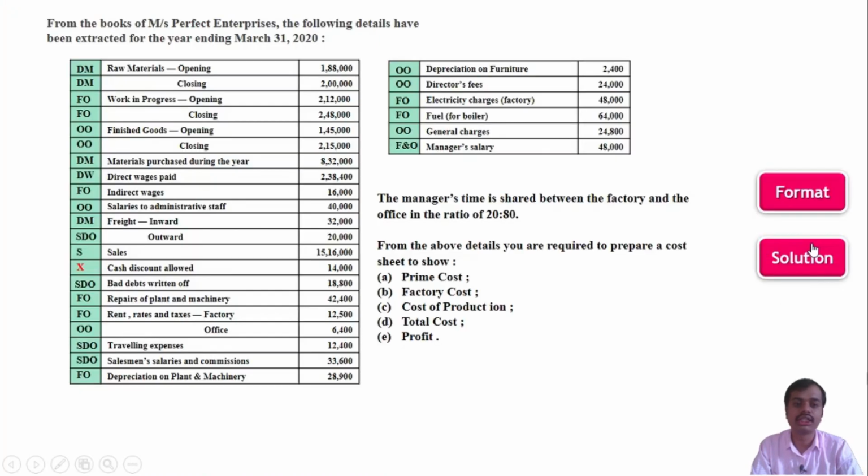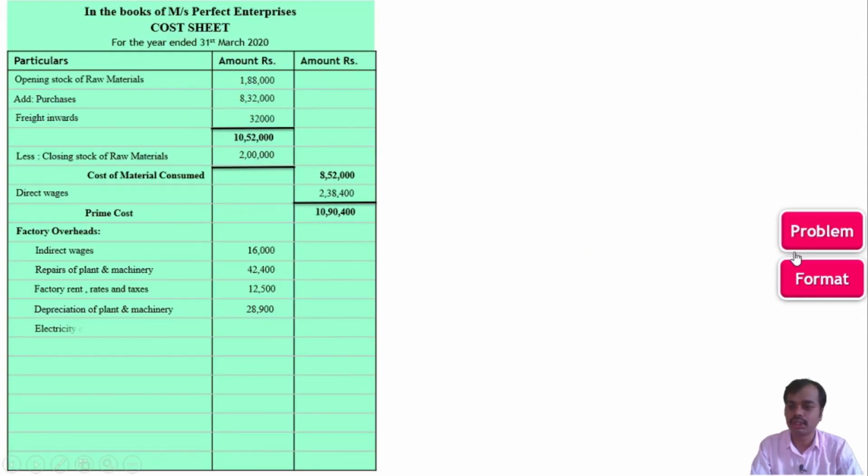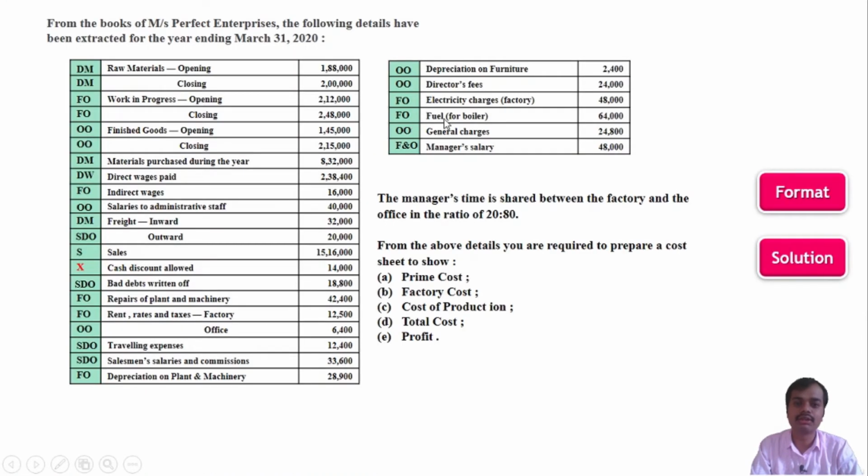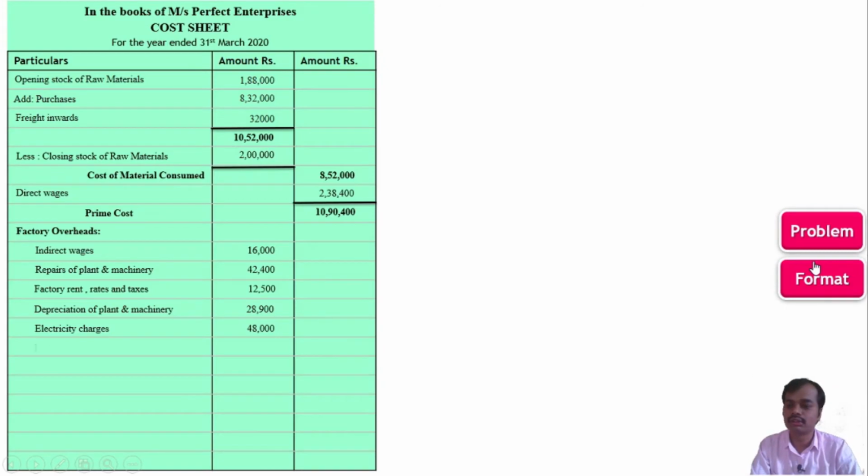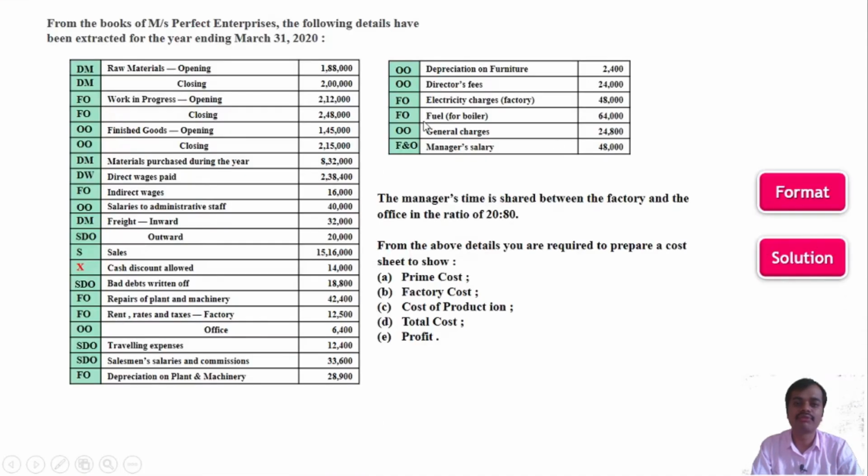Let's see the next item, which is electricity charges for factory, 48,000. Electricity charges 48,000. The next item of factory overheads is fuel for boiler, which is 64,000. Let's take fuel, 64,000. Next item of factory overheads is manager salary.